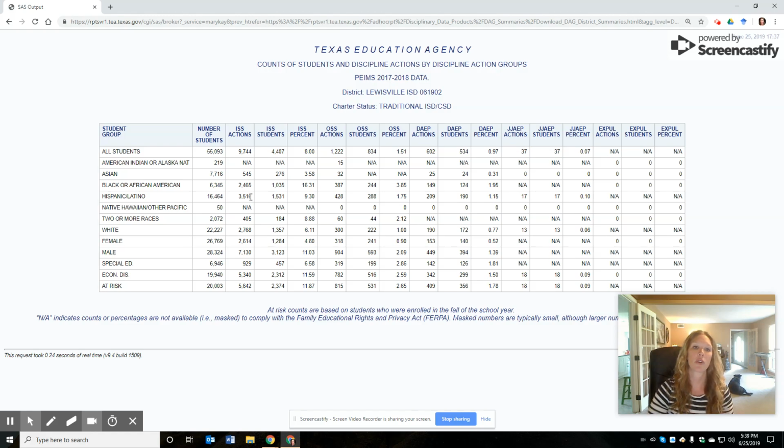Again, what we look for is we're trying to see whether these numbers are proportionate. If we're seeing these way skewed numbers, that means one group is getting disproportionately more disciplinary actions than another. Why that is, I don't know. We'd have to do a little bit more digging, a little bit more research to see why these particular students are getting more disciplinary actions than another. But that's some evidence that you could use to support some of Kozol's findings and what he saw as far as disproportionate disciplinary actions. So I hope that helps with interpreting some of these charts for you.